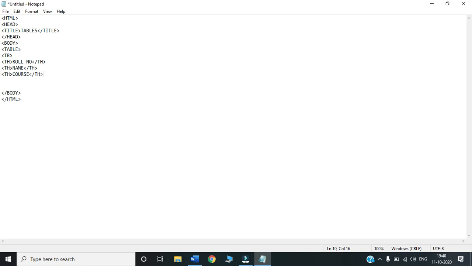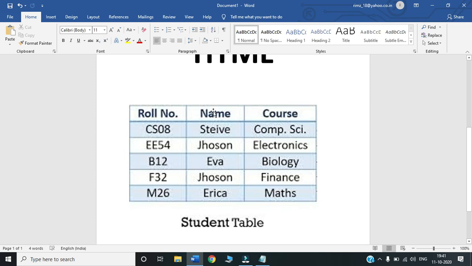Now after this, we don't have any other columns inside the table. That means our first row is created successfully. At this point, we need to close the tr. It means the first row of the table is created. Next, we go to the values. If we see, this was the first row which is already created. Next, we move to the different values that are present inside the table.